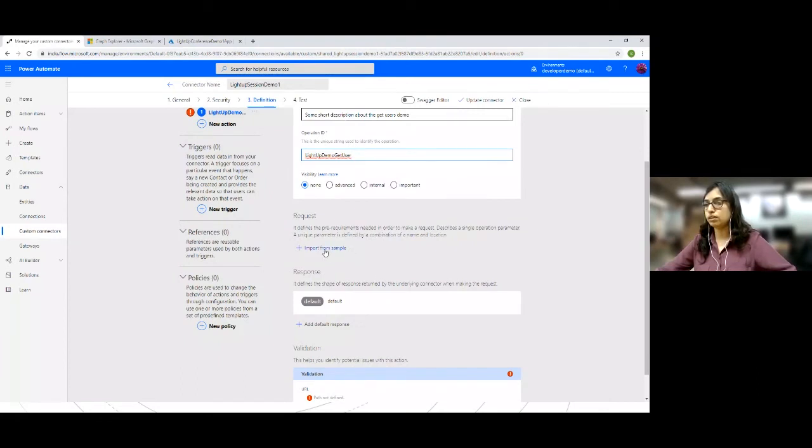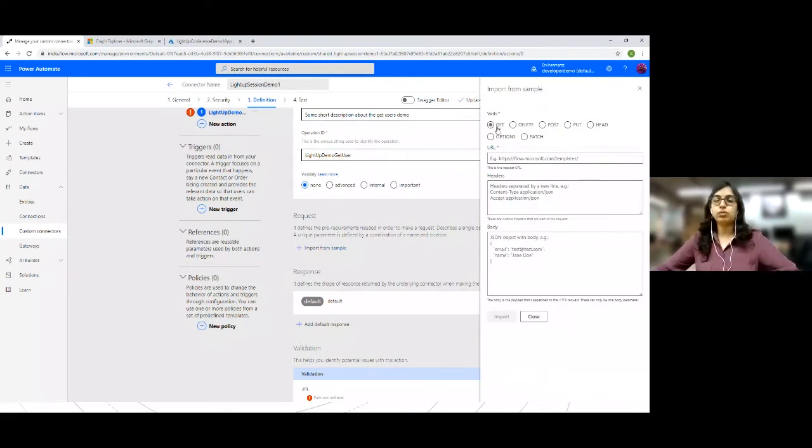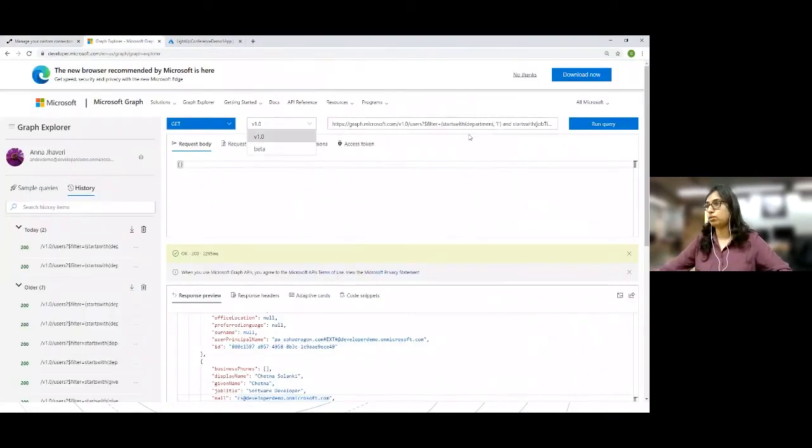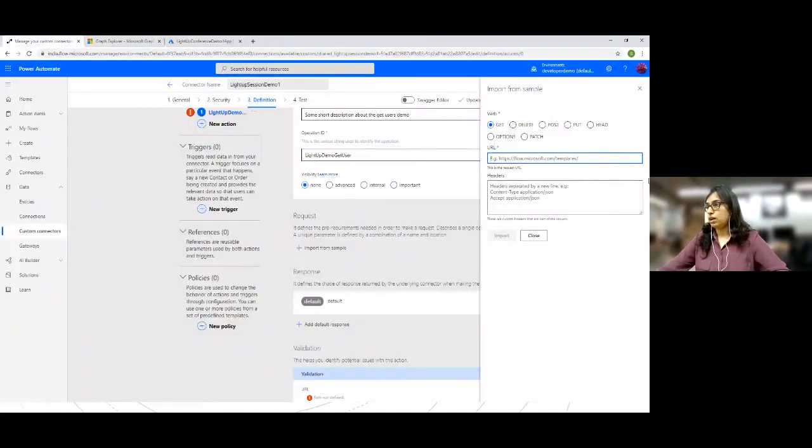So I'll click on import from sample. As I just want to get details about the users, I'll use the verb as GET. Then I need to provide the URL of our Graph API. Initially I showed you we had Graph Explorer open, so I'll copy the API from Graph.